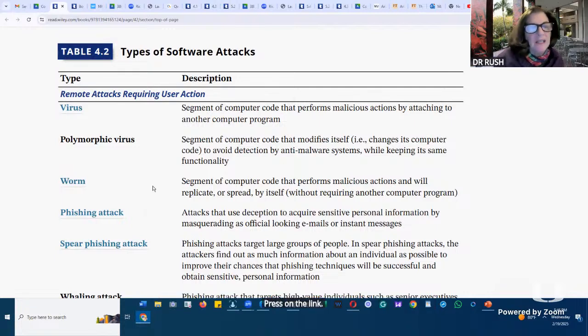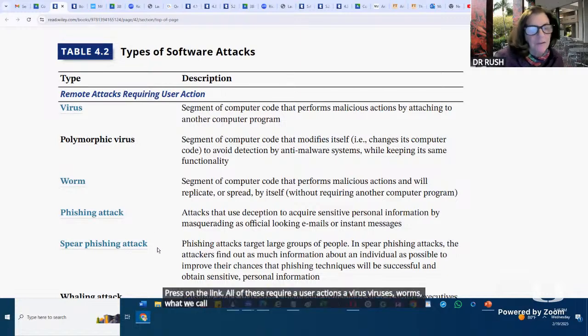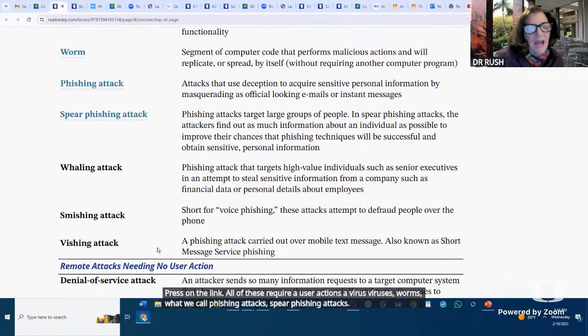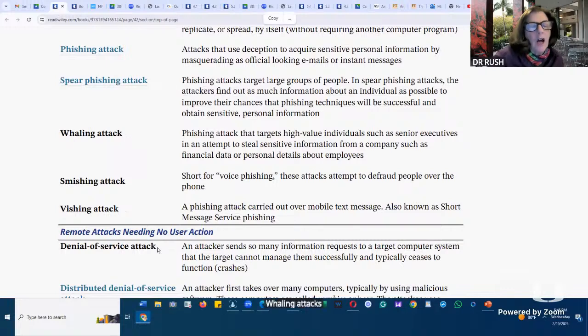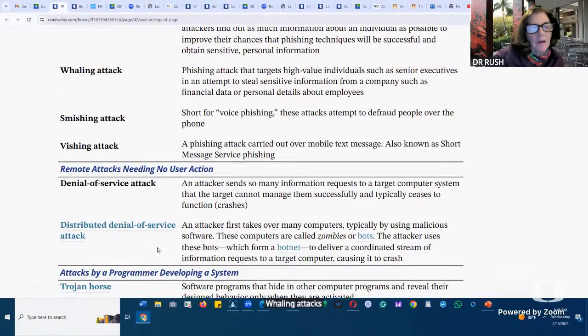All of these require user actions: viruses, worms, what we call phishing attacks, spear phishing attacks, whaling attacks. Those, and this is where it is.